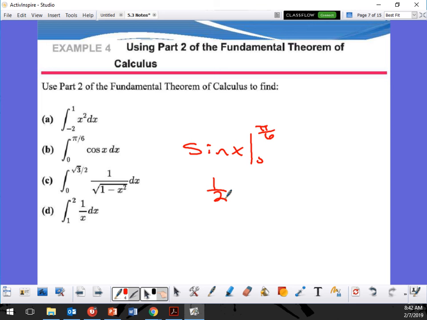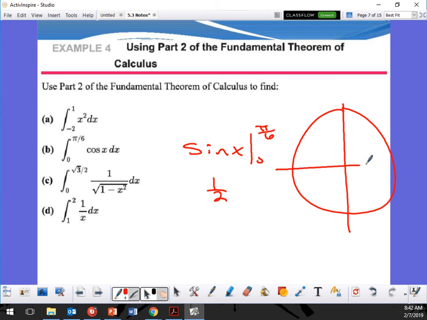All right. So, do you guys understand the unit circle or no? Not really. Okay, so I'm going to show you a quick trick to the unit circle. In the unit circle, we know this one is going to be 1, 0, right? This one right here is going to be 0, 1, right?